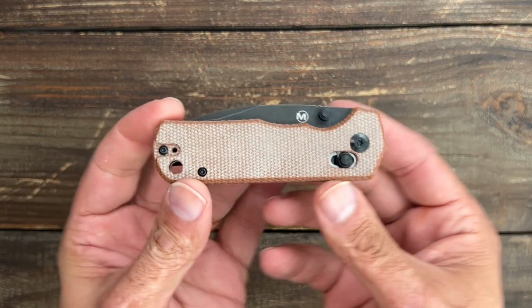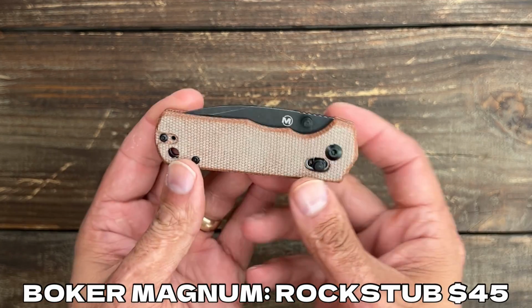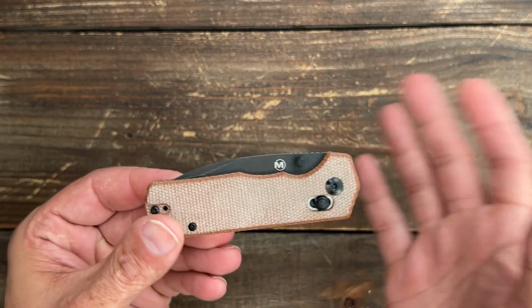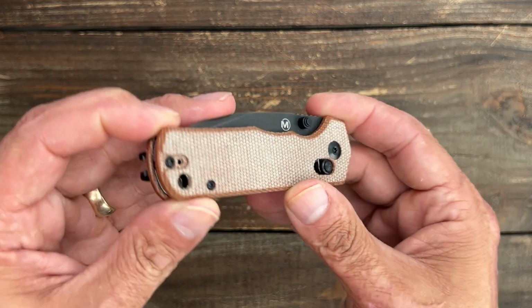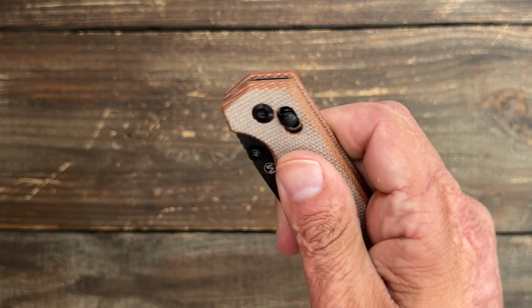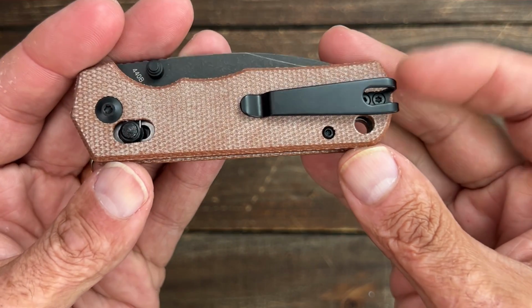All right, a buddy of mine, he sent in 3 knives to the channel. First one, he thought it was one that I would be interested in, and I've got to say, I'm pretty impressed. So number 2, we have the Boker Magnum Rockstub. And I used to never get any of the Magnum series because they're, of course, their most budget-friendly stuff and they weren't the best quality. So you have micarta scales, nice and grippy micarta. You have a deep carry,